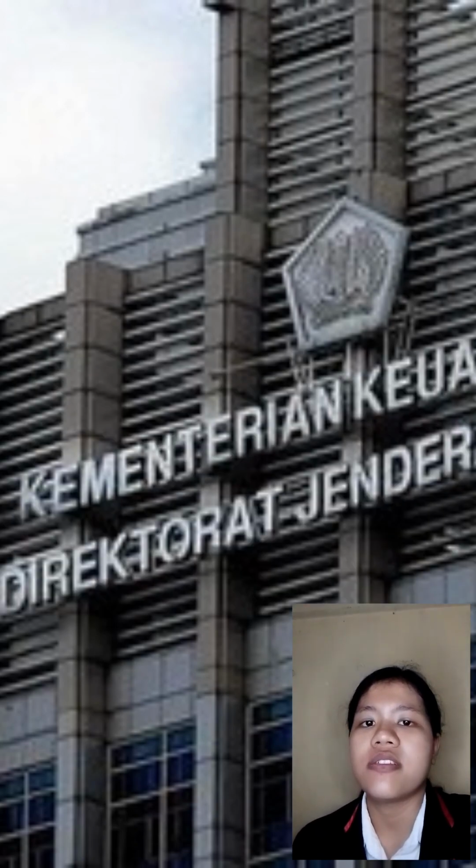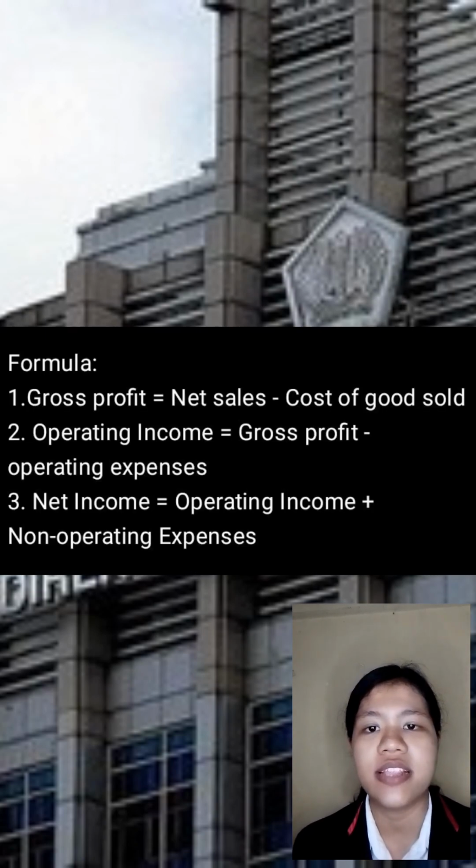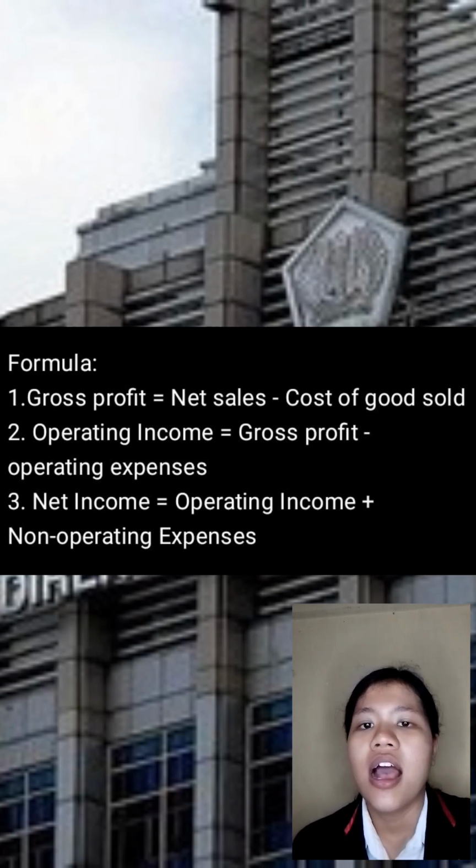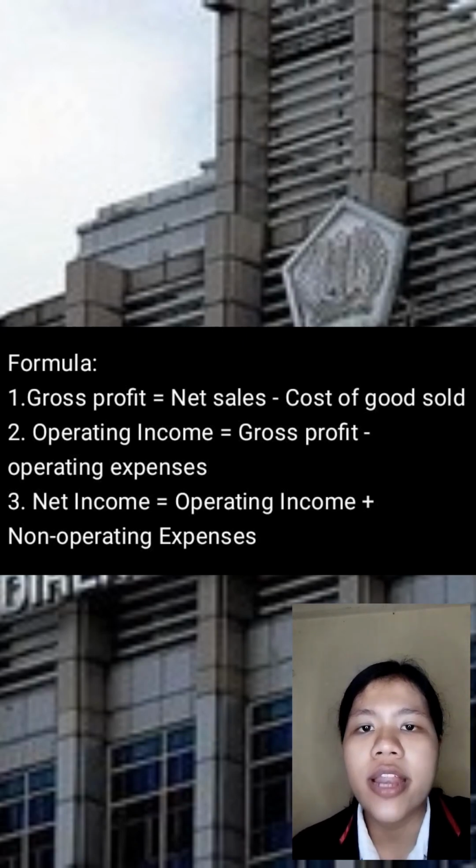The multiple step income statement calculation formula is: 1. Gross profit is net sales minus cost of goods sold. 2. Operating income is gross profit minus operating expense. And 3. Net income is operating income plus non-operating